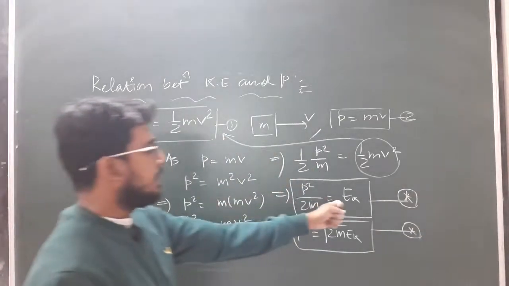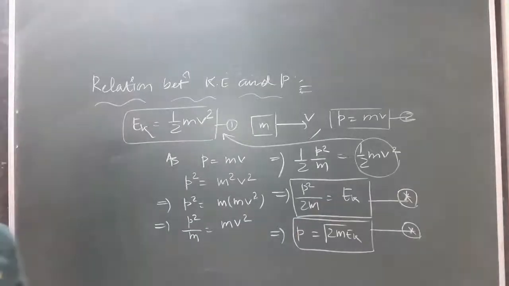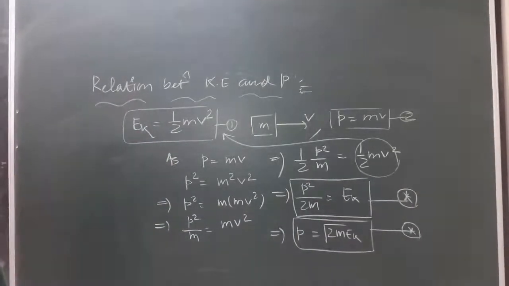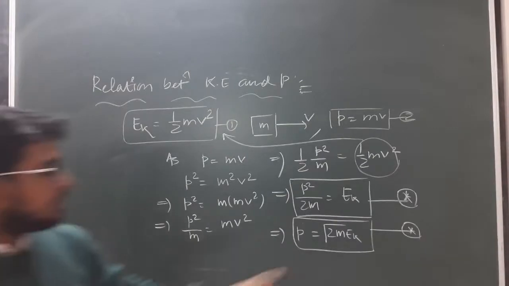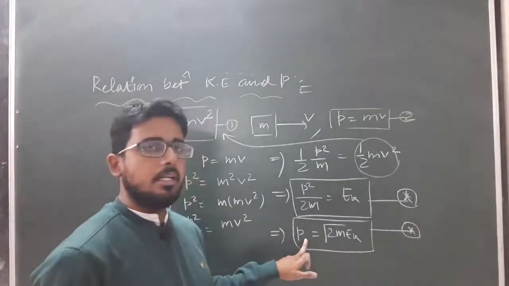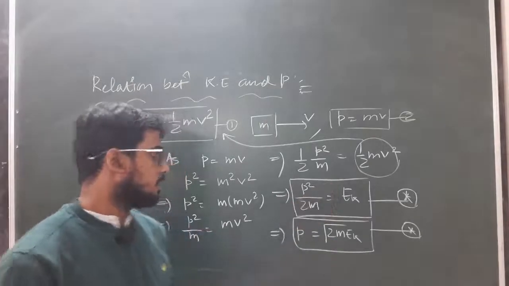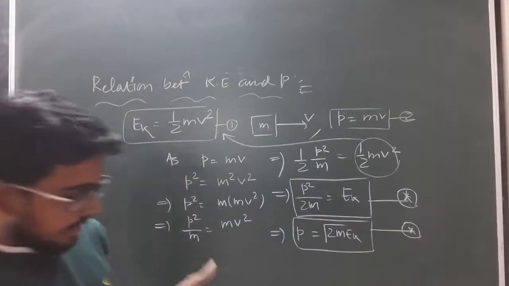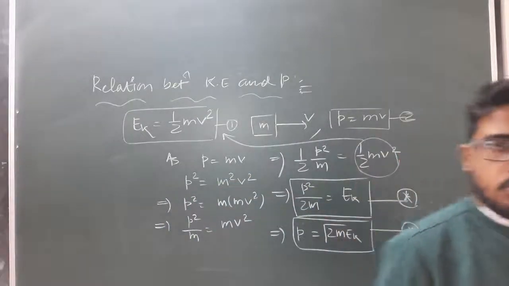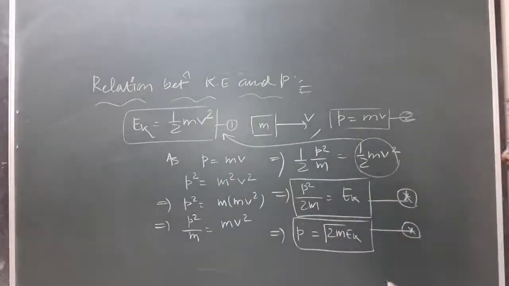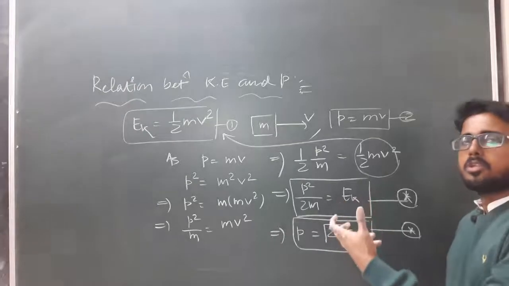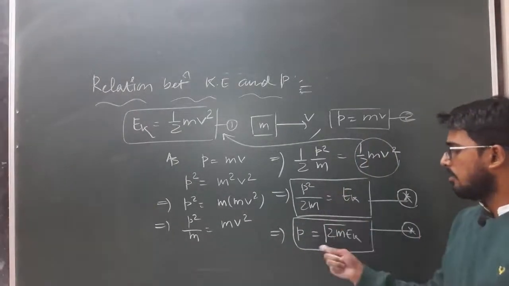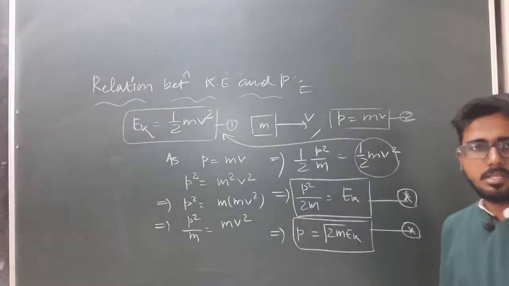So you have to remember these two relations between kinetic energy and linear momentum. In terms of kinetic energy, it will be P square by 2m, and in terms of linear momentum, it will be the square root of 2m Ek. Clear? Where this is the kinetic energy and this is linear momentum. Okay, this is the relation between kinetic energy and linear momentum. Clear? So kinetic energy is the energy possessed by a body due to its motion, and we already know if a body is moving with certain velocity, it has some momentum, and that is equal to m into v, and this is how both are related with each other. Clear?